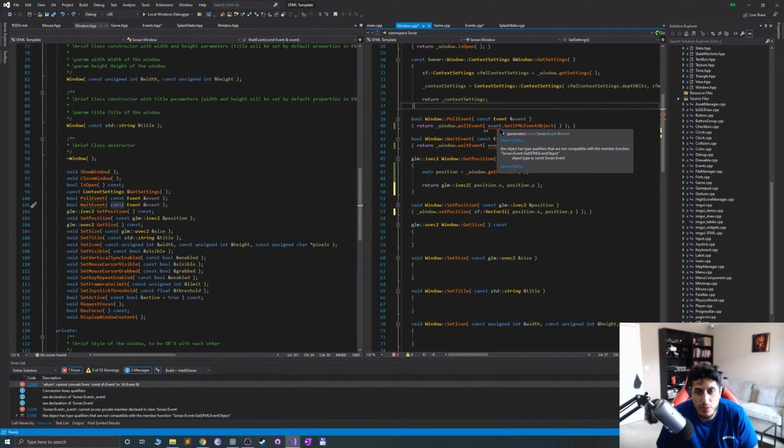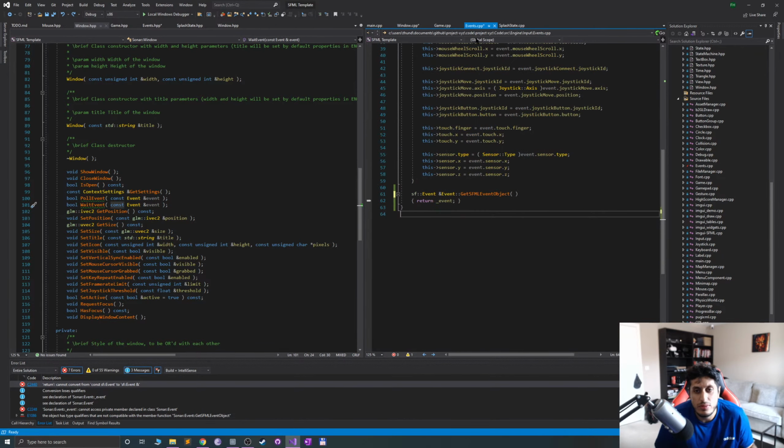Can you think what might be happening here? If we go into events, this is what it's looking like at the moment. You say don't remove this const. So if I put this const back here,